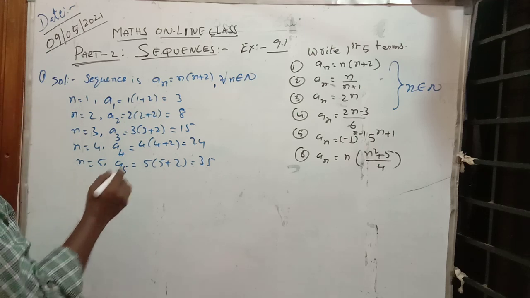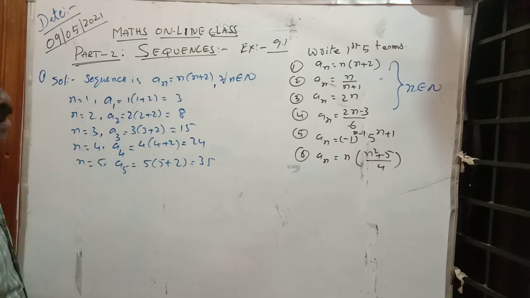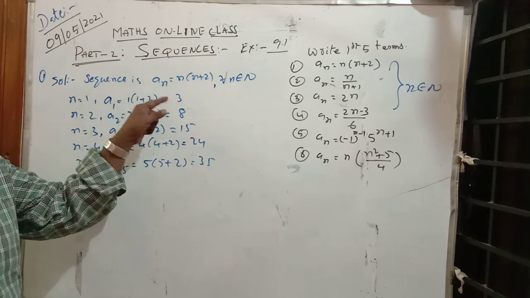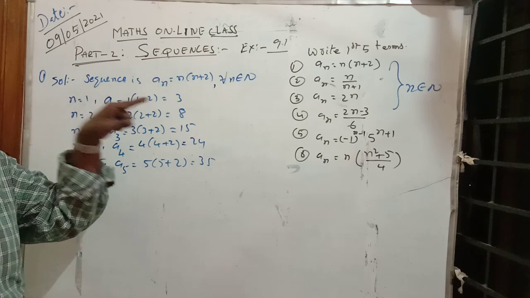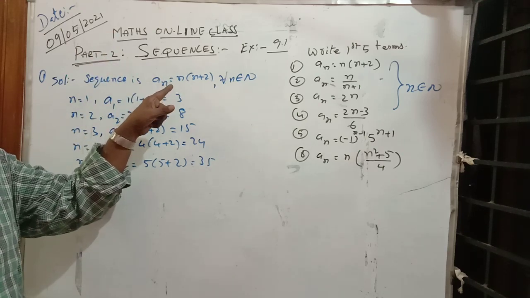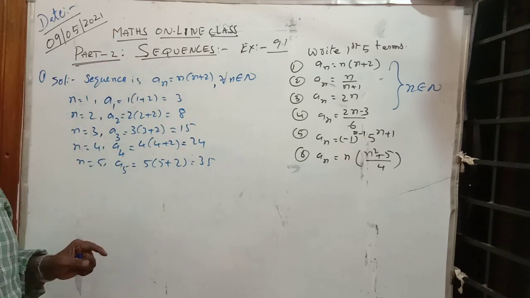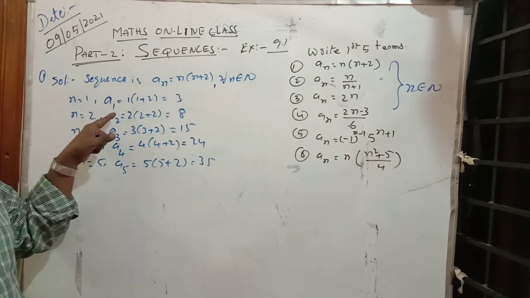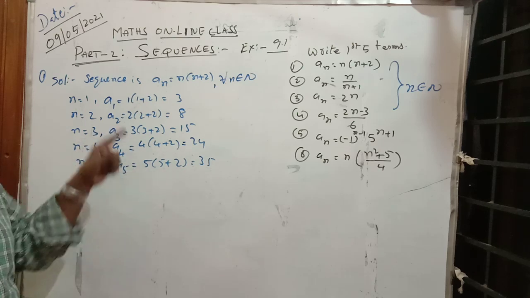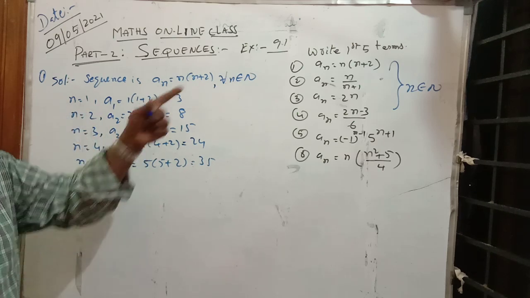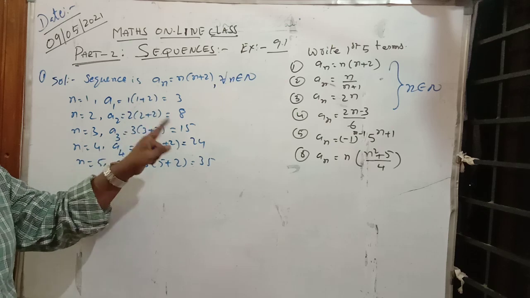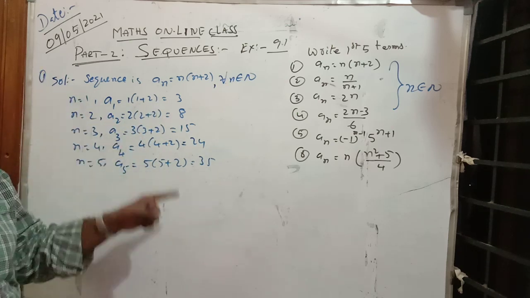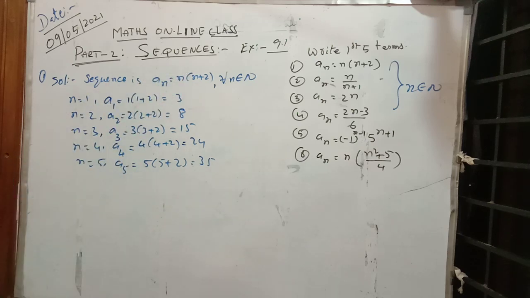So, here the first 5 terms of the series. It is also a series, with n value going on from 1 up to infinity. It is also not finite. It is an infinite series or sequence. Okay? We are substituting 1, 2, 3, 4, 5. That is asked in the problem. So, these are the first 5 numbers or terms or elements of the first series.